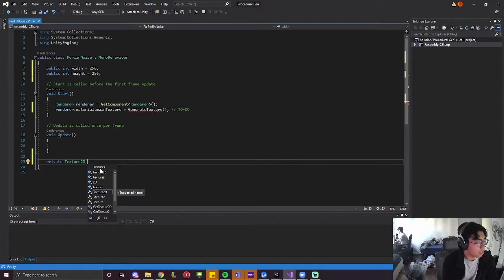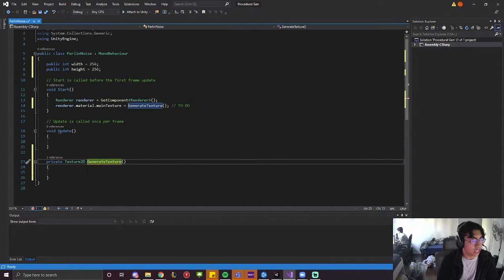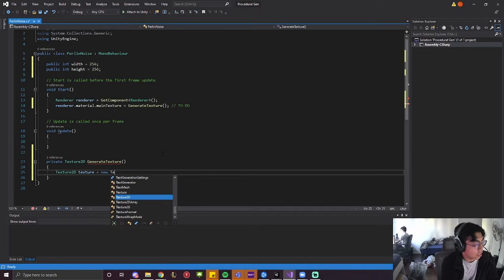We're going to do private Texture2D GenerateTexture, as we typed just up there. This isn't going to take any parameters for now, because this function will simply be based on the Unity engine's Perlin noise function, which I'll get into in just a moment. So what we're going to do here is define a new Texture2D